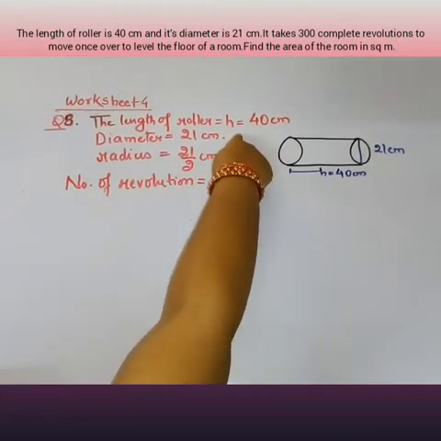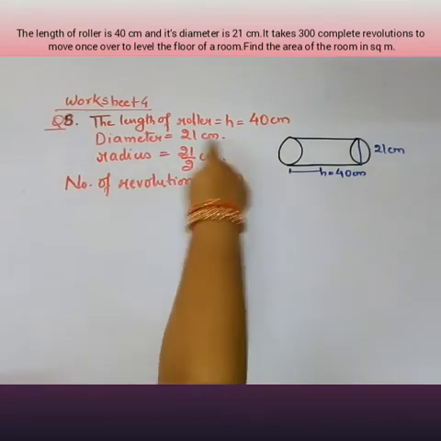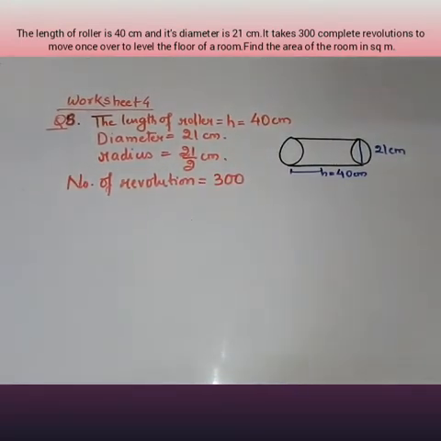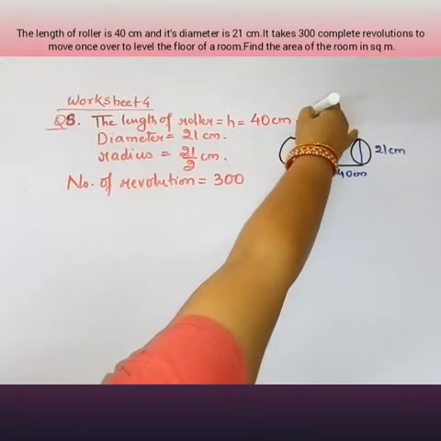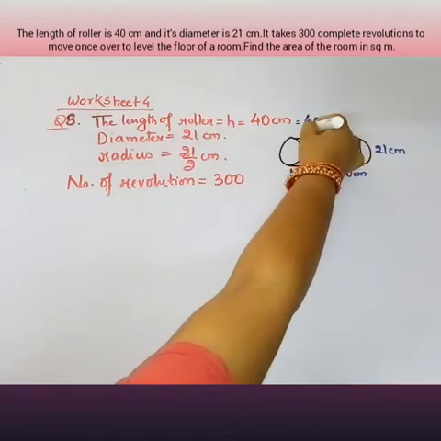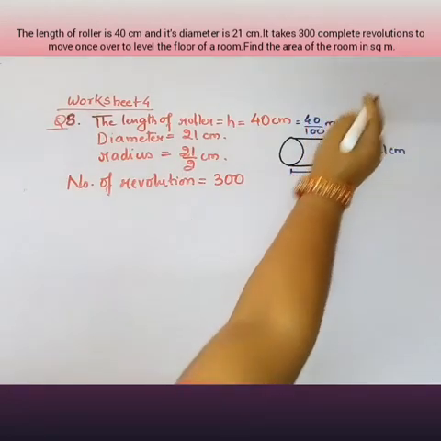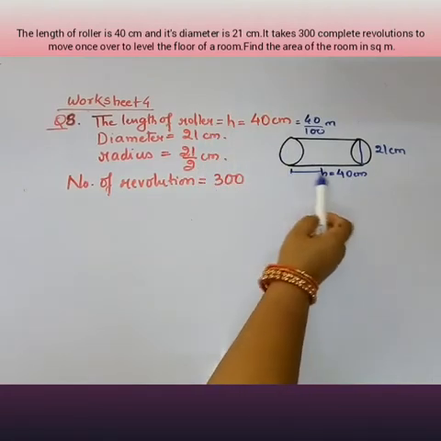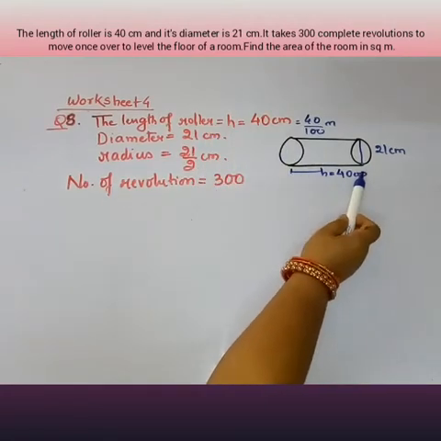That means we want these centimeters into meter. First we will change these into meter. So it will be 40 by 100 meter. Now since the length of the roller is given, that means that is the height of the cylinder,